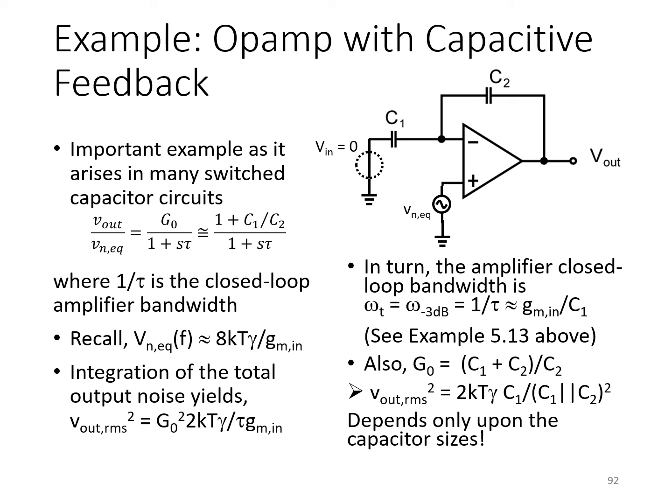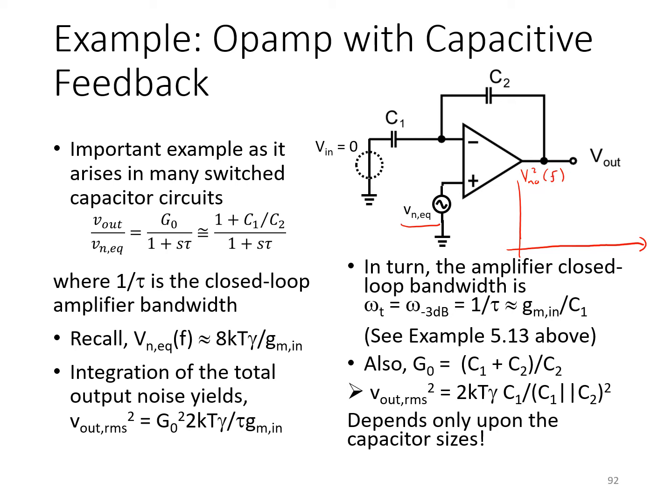So here we've adopted a noise model for the op-amp with only its input referred voltage noise source, VNEQ. And this should be fine since we can assume that the input is being driven with a voltage source with a relatively small source impedance. So now, assuming that the thermal noise of the op-amp is of most interest to us, and that would be the case if it's a fairly wide bandwidth amplifier circuit, then we've essentially got a white noise spectral density at VNEQ, and that is going to be amplified at the output so that the output noise spectral density